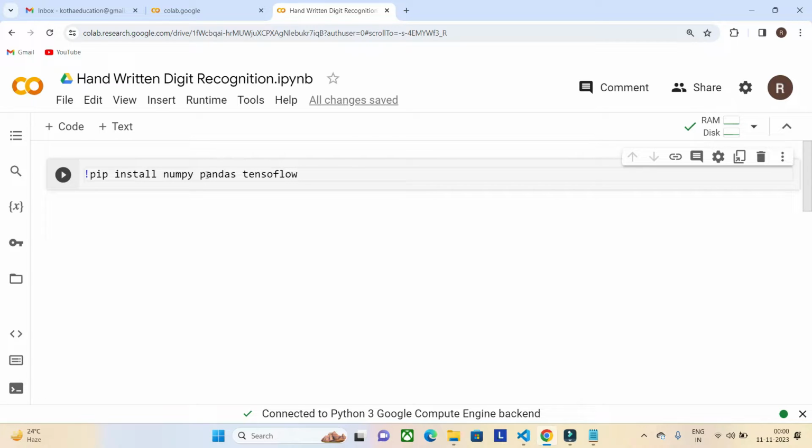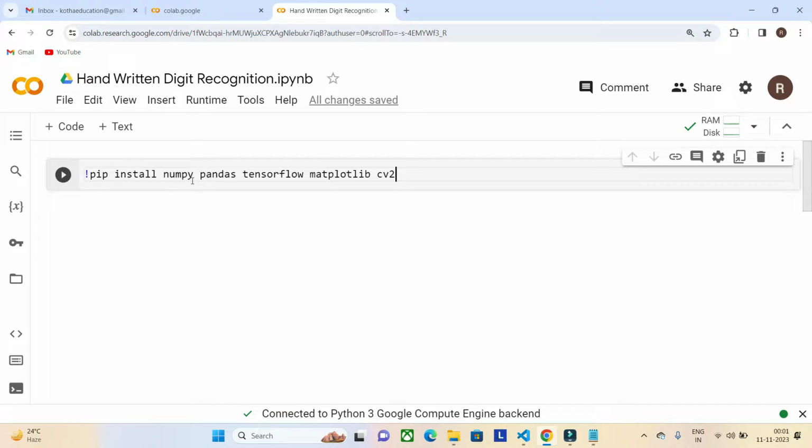And we need the basic things NumPy and Pandas. And we need Matplotlib, this is to draw the charts and graphs. And so we have NumPy, Pandas, TensorFlow, spelling mistake here, TensorFlow and Matplotlib, and CV2 to read the images from our local. Okay, so these are the libraries that we will need.